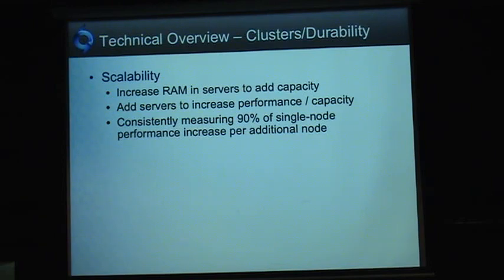And then lastly, consistently, our yardstick is 90%. Normally, if you write an application in Volt and it does about 100,000 transactions on one node, each additional node beyond the first will add about 90,000 transactions per second. So if you're doing 100,000 with 1, 190 with 2, 280 with 3, 370 with 4. We've got some results coming out soon. We've taken it up to a 30-node cluster, and at the 30-node level, we were slightly over 90%,